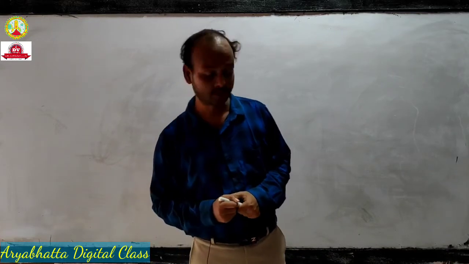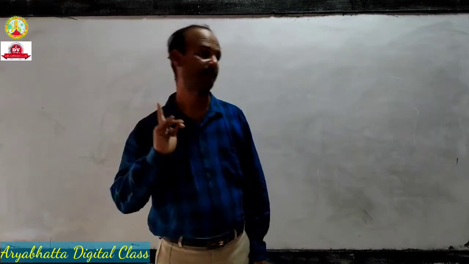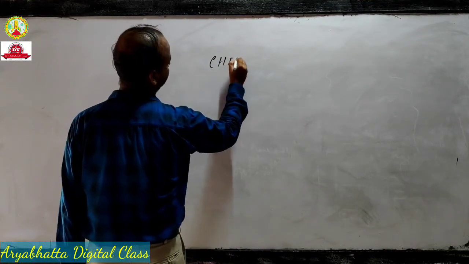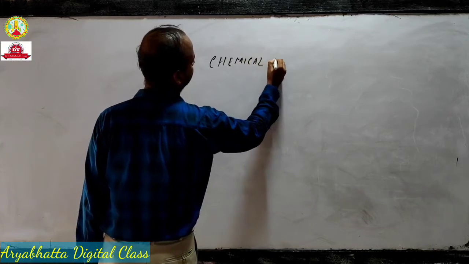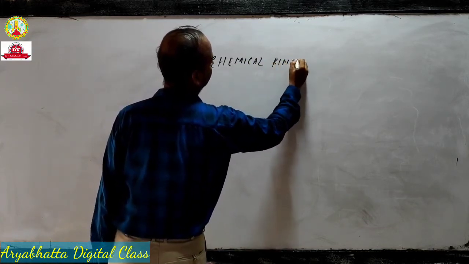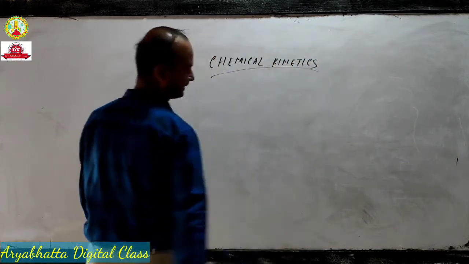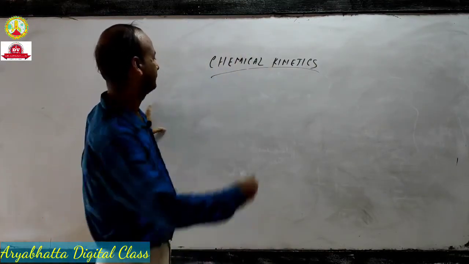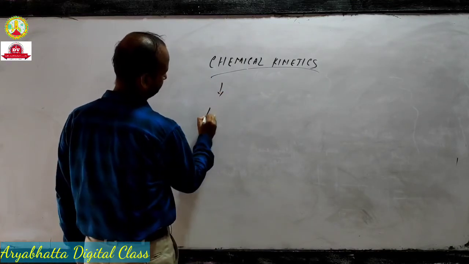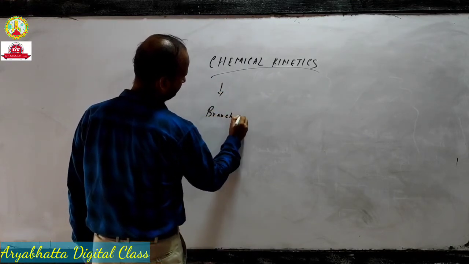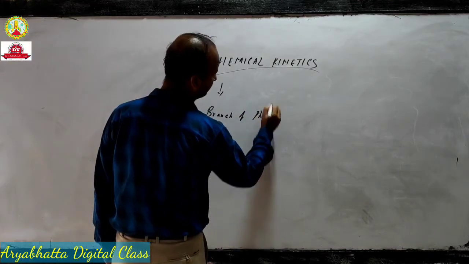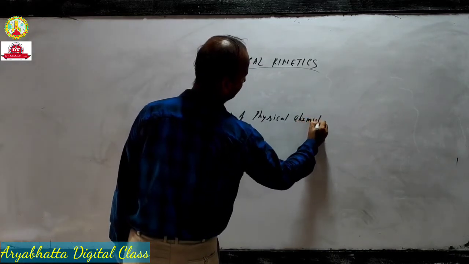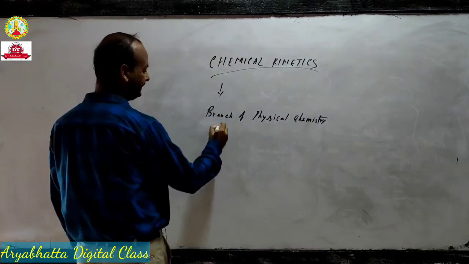But today I am going to start with chapter number 4 from part 1. The name of the chapter is chemical kinetics. It is one of the branches of physical chemistry. This chapter is a branch of physical chemistry, and it mainly deals with